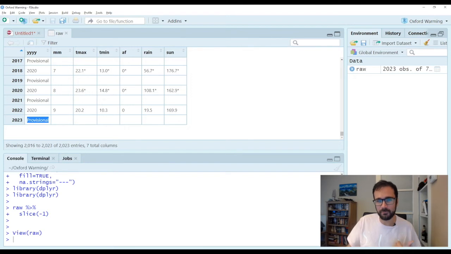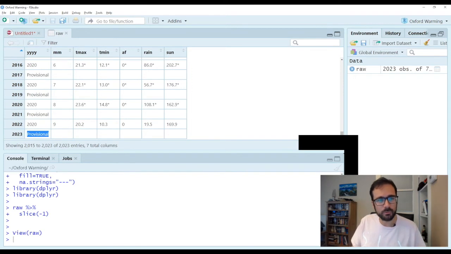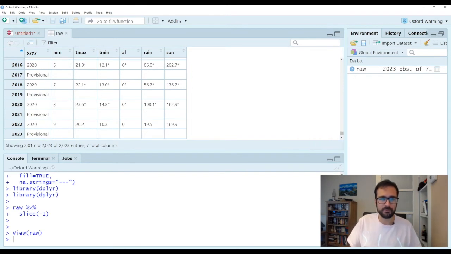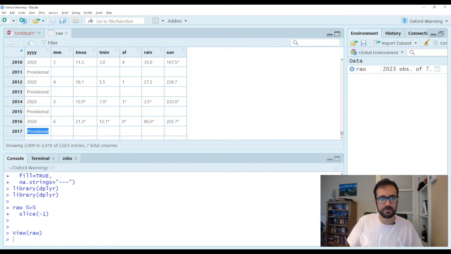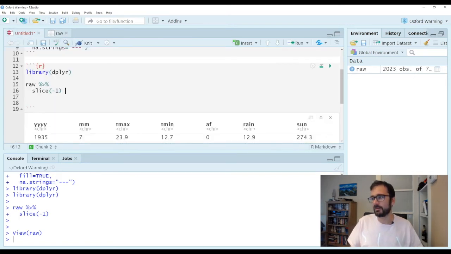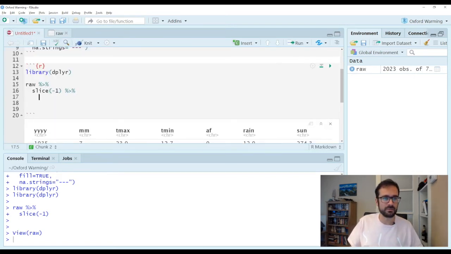This was again part of the fill, because this wasn't a labeled column. It's moved this into a new row and then filled in stuff after it. So I can very much get rid of these rows. They're not telling me anything. The stars are also doing the same job. So I'm going to say get rid of the provisional years completely.